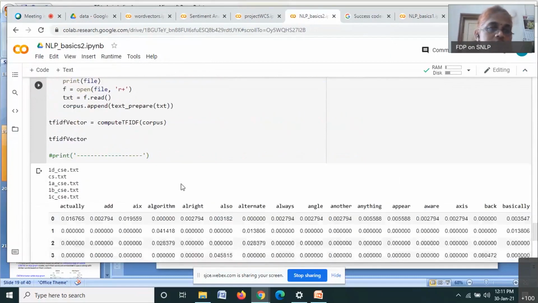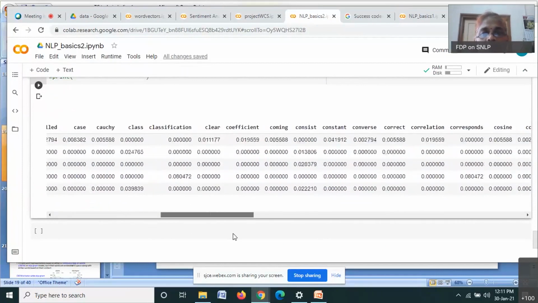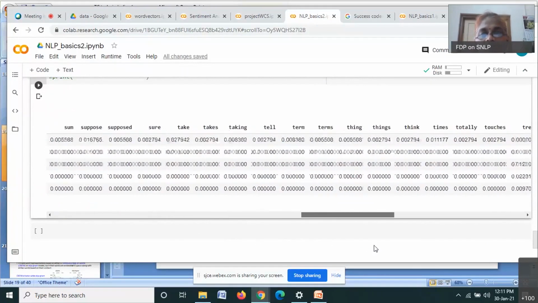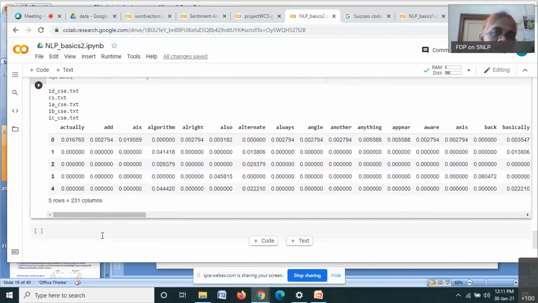It shows how many files are there. Here you can see 5 files are there. And can you make out the TF-IDF? This is the TF-IDF or the term document matrix. As I mentioned earlier, the term document matrix is a sparse matrix, and that is one of the drawbacks of TF-IDF representation, because most of the entries will be 0, and the curse of dimensionality applies here, because even though they are 0, we have to process them.